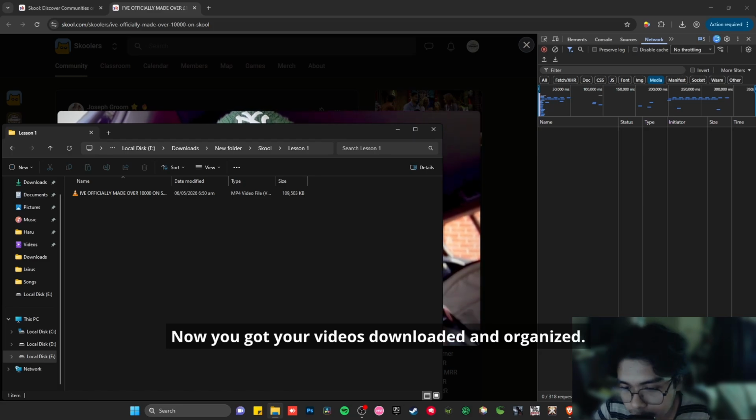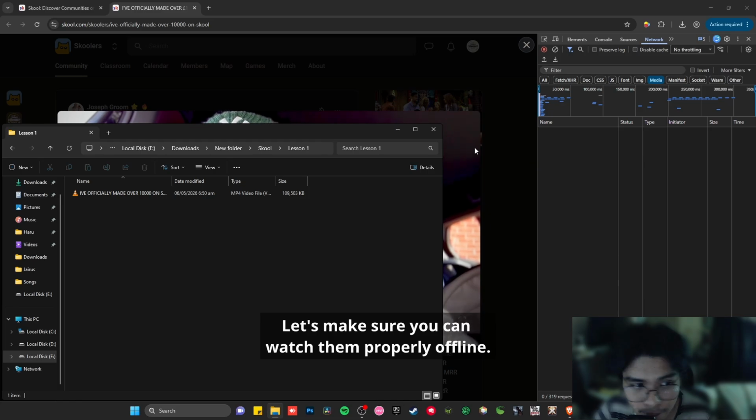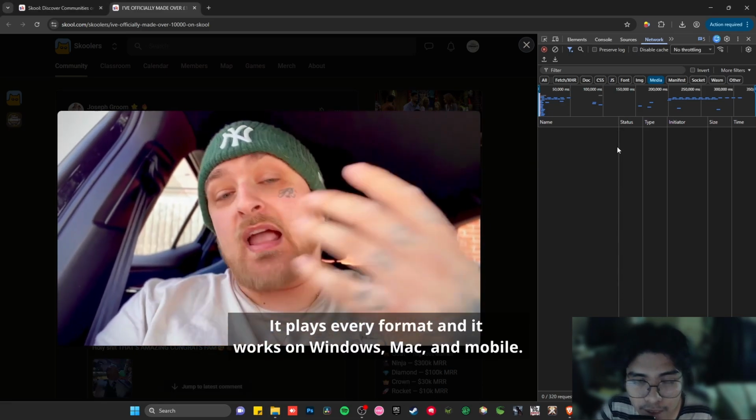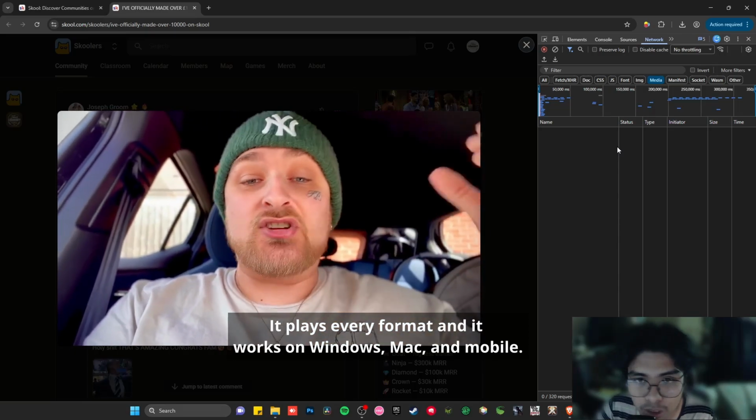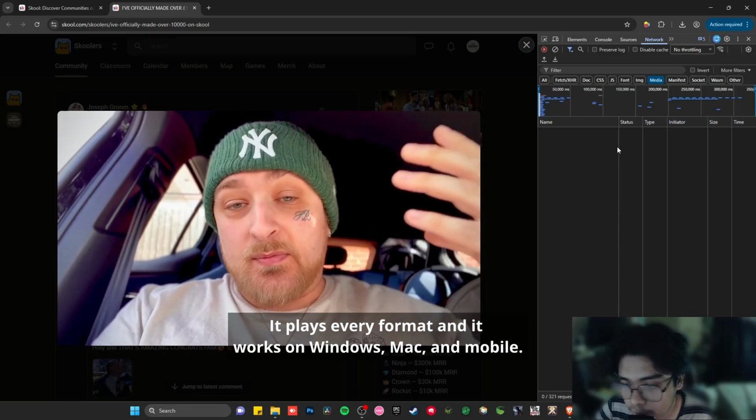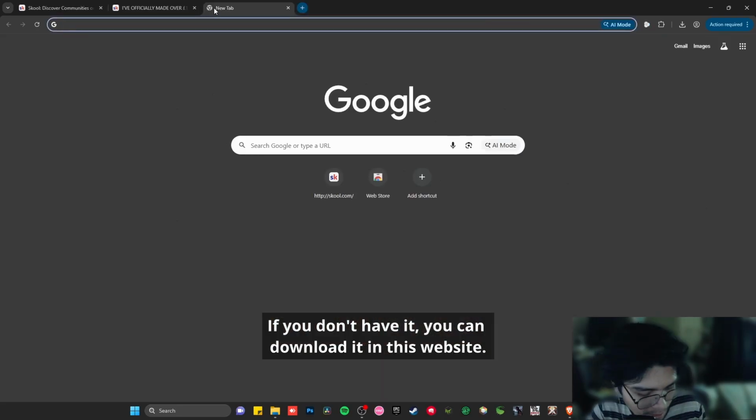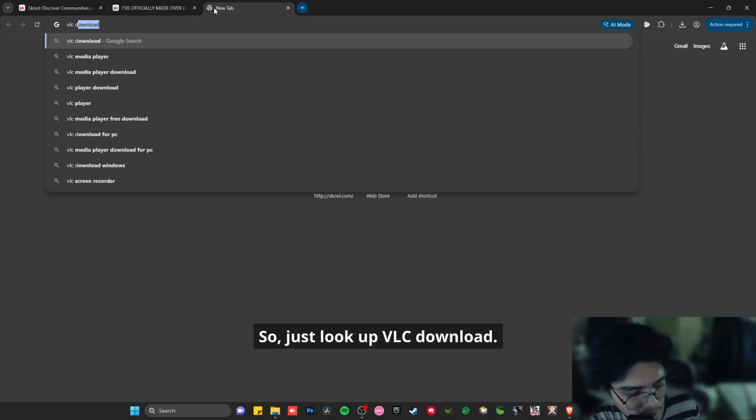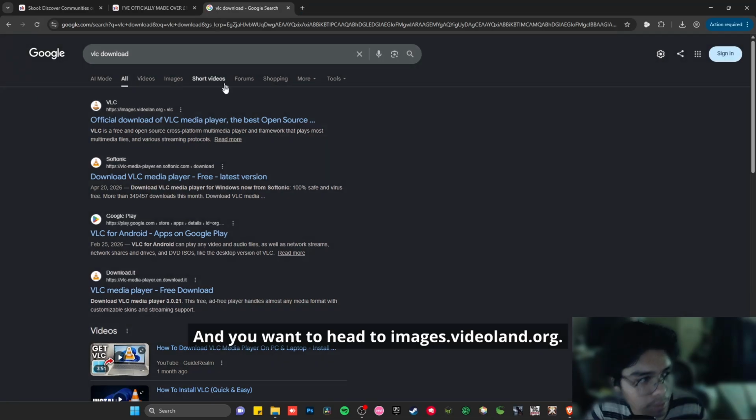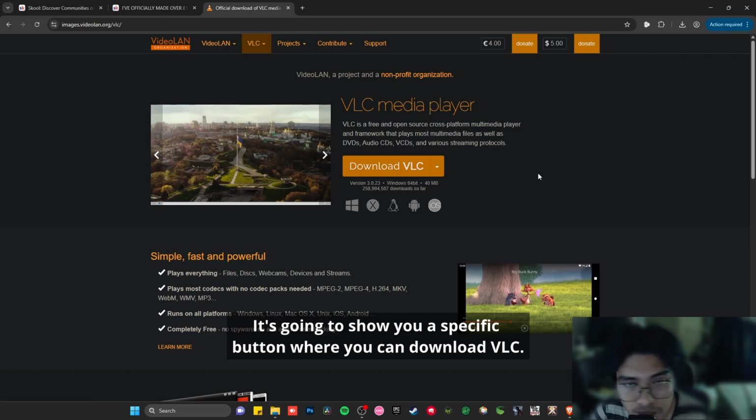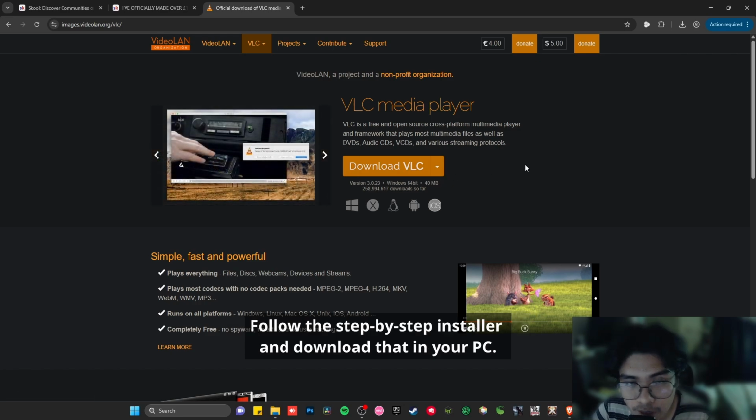Now you got your videos downloaded and organized, let's make sure you can watch them properly offline. I recommend using VLC Media Player. It's free, it plays every format, and it works on Windows, Mac, and mobile. So just open VLC. If you don't have it, you can download it in this website. So just look up VLC download, and you want to head to images.videolan.org. It's going to show you a specific button where you can download VLC, follow the step-by-step installer, and download